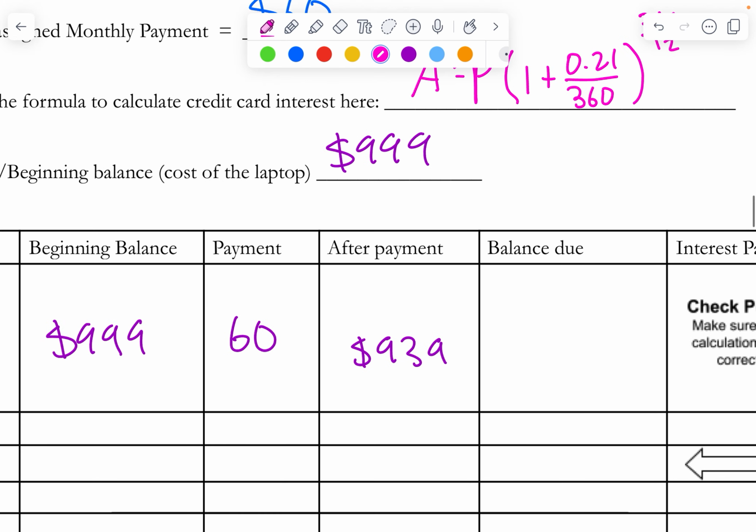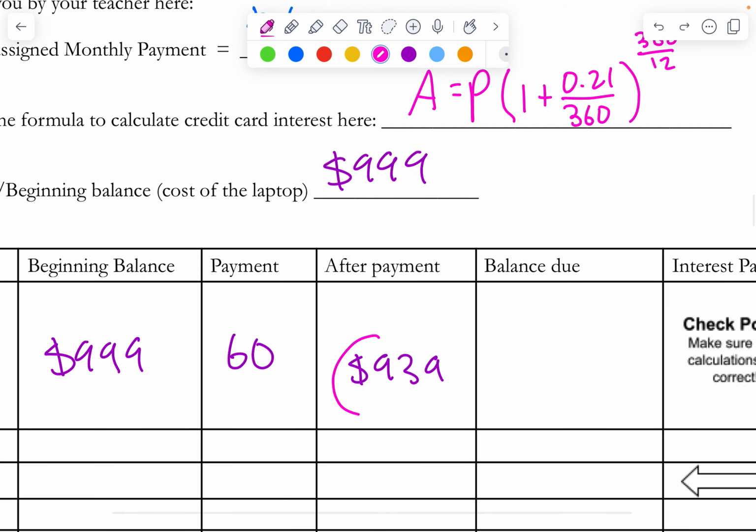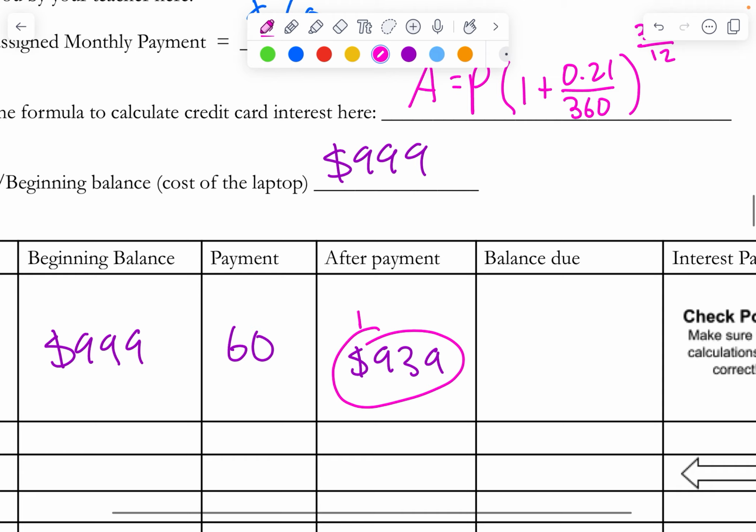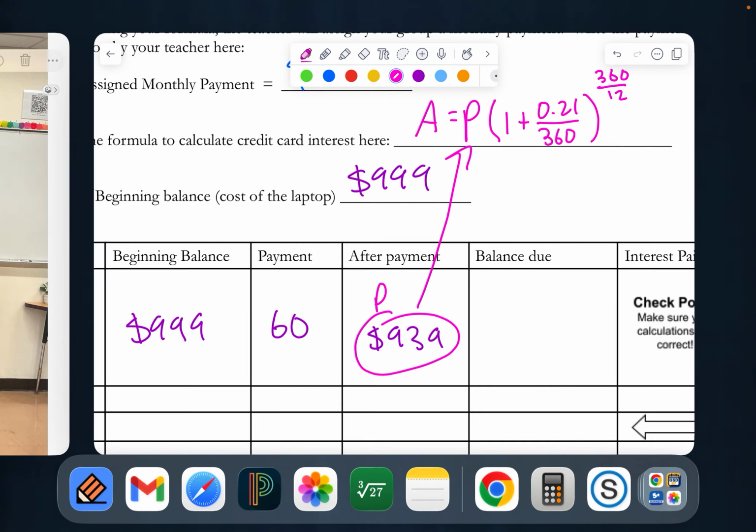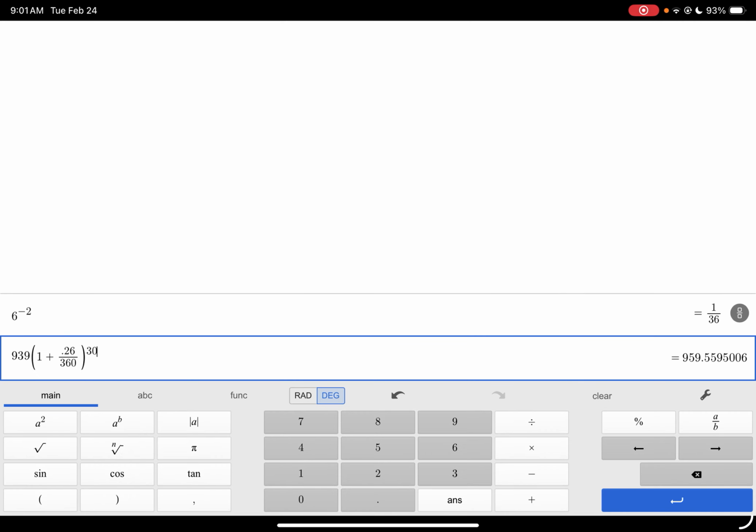You now have $939 left over to pay off because you did $999 minus 60. That's pretty straightforward. So then after you have this payment left, this is what they're going to take interest on. This is your P. In my formula, I'm going to put whatever I get for this column in for P. So in my scientific calculator, I am going to do